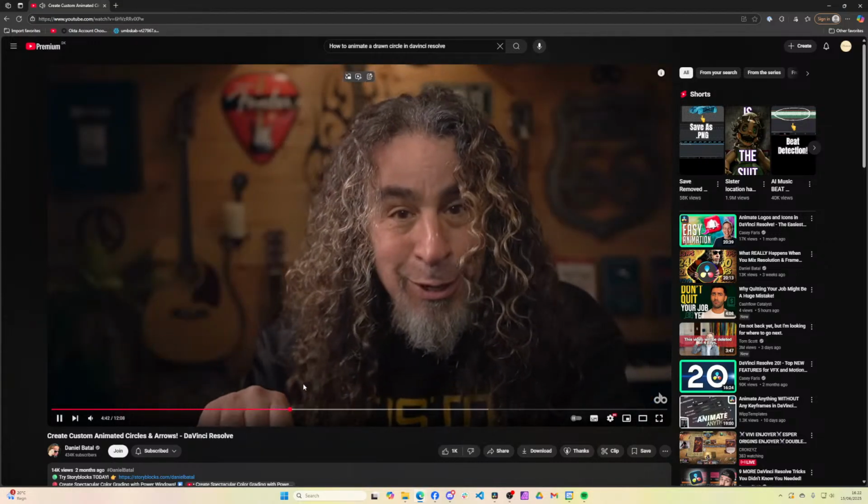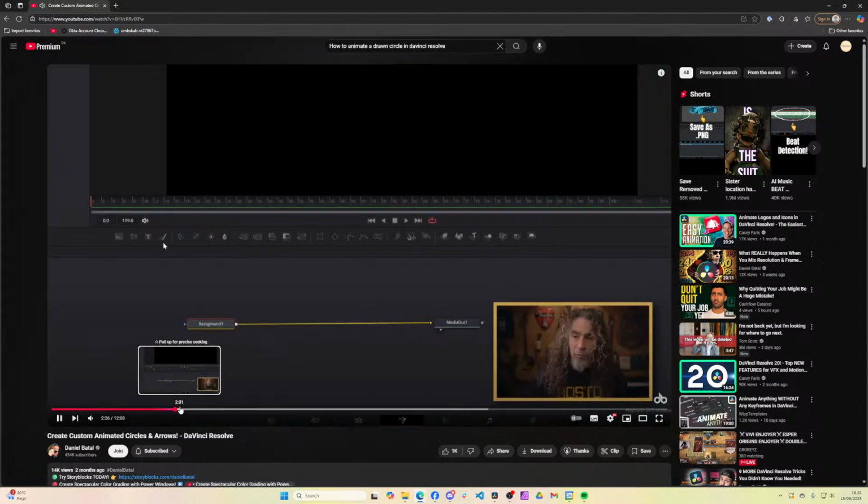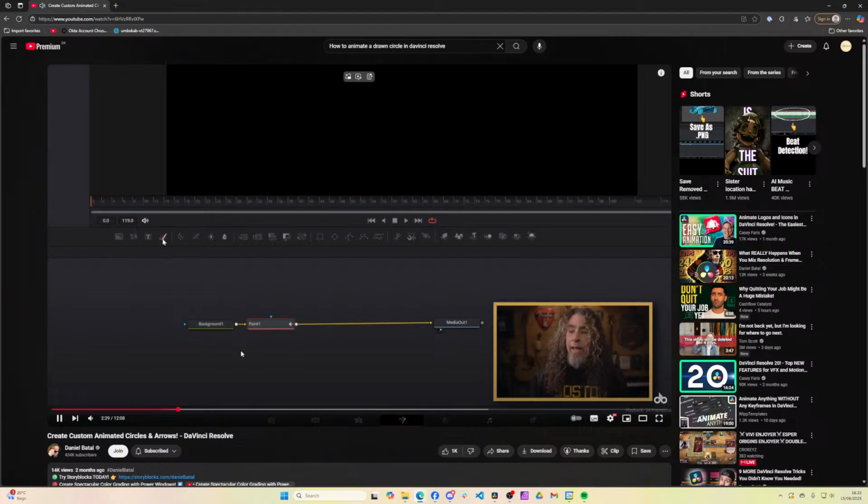Because we're actually going to be writing on. So just click on that. It's so far that it's highlighted. Next, the paint node right here, the one with the little paintbrush, and just click on that and